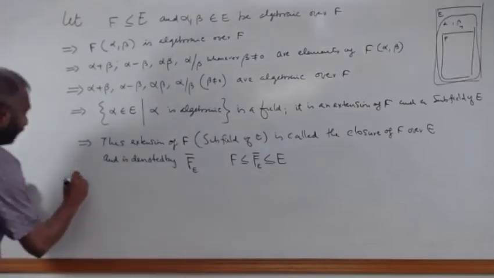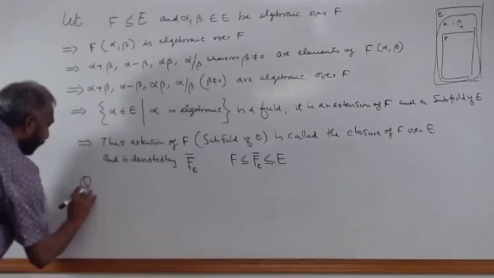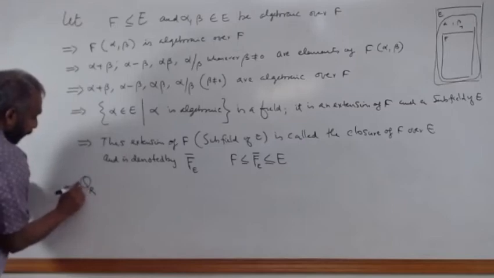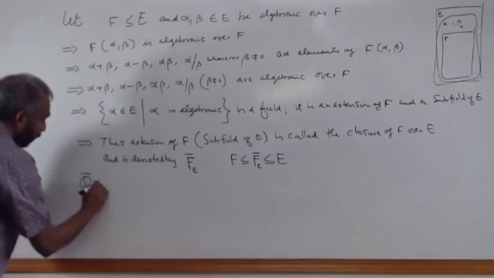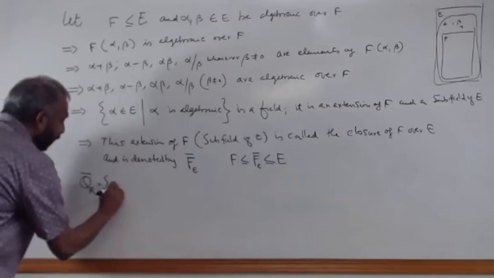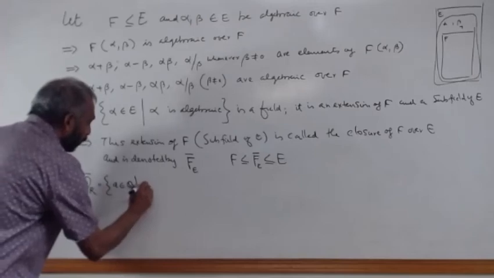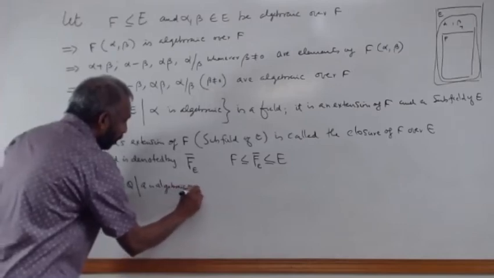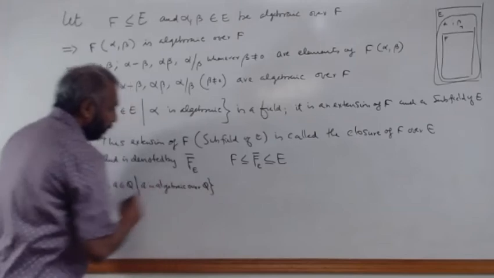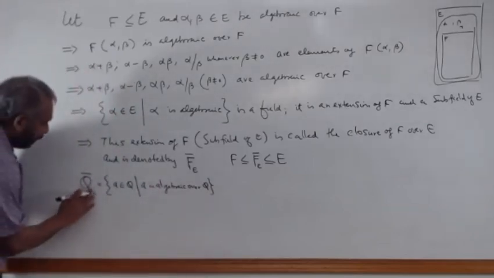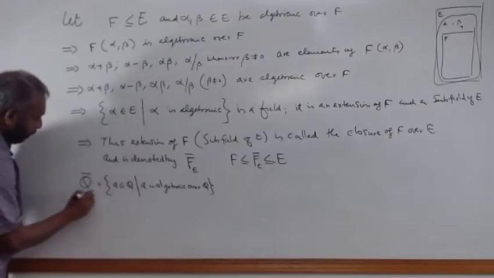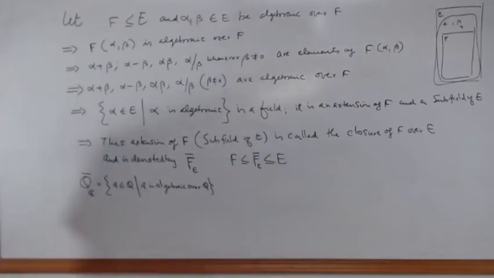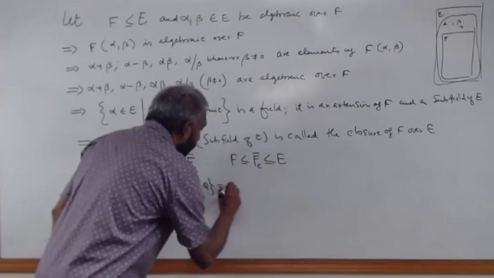So for an example, Q is a field and R is an extension of Q. Suppose you want to find out the closure of Q over R. It is going to be the set of A in C, or let us make it a bigger one, C, such that A is algebraic over Q. Yeah, because C is also an extension of Q,